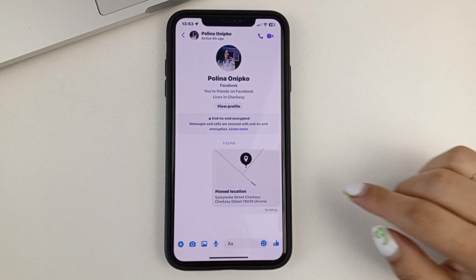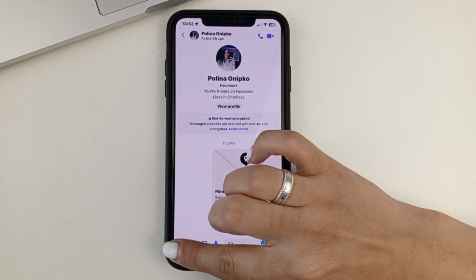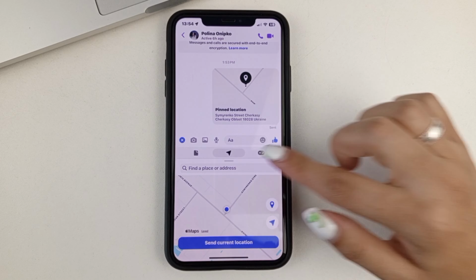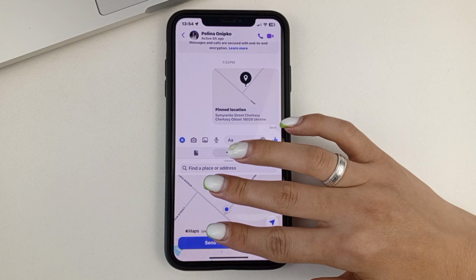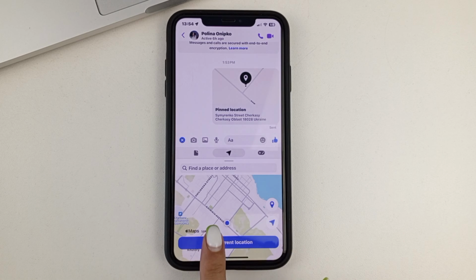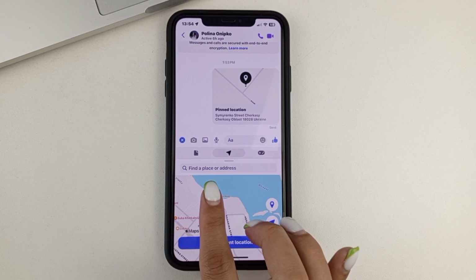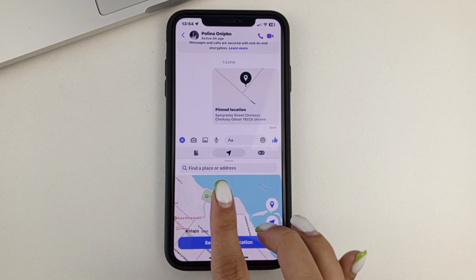But you can also send it to any other location, for example by clicking on the plus sign. You get to the location, and you can zoom in on your map, move it somewhere, pick any location you want.